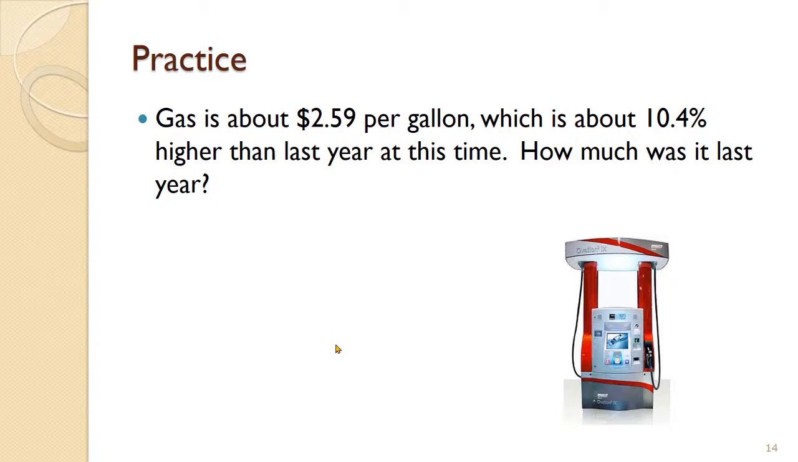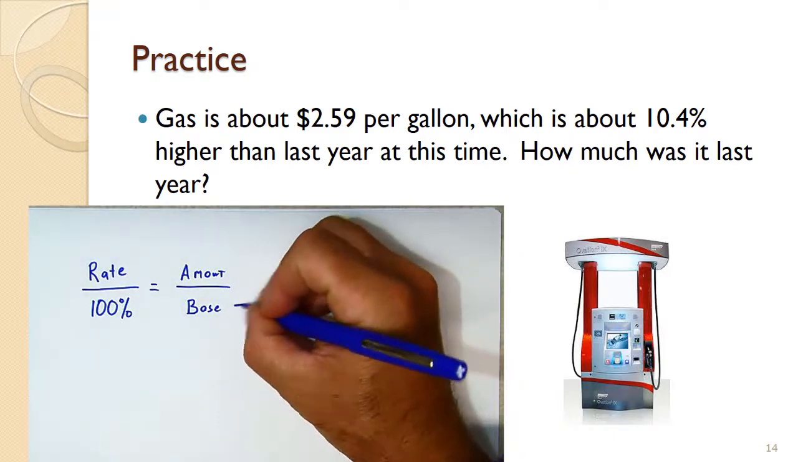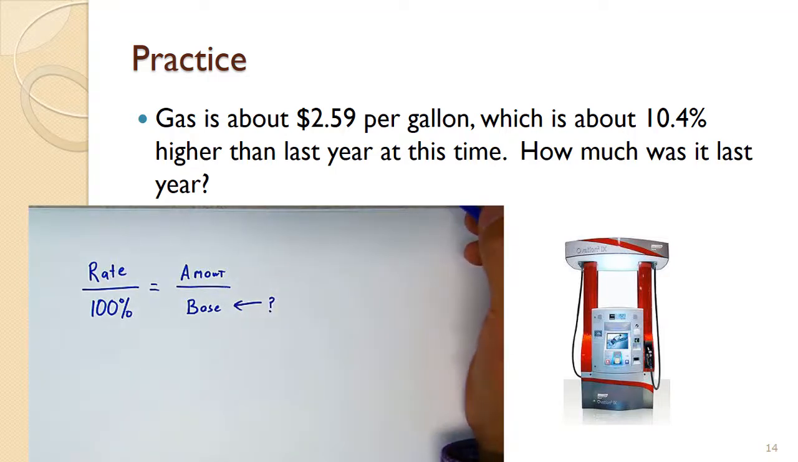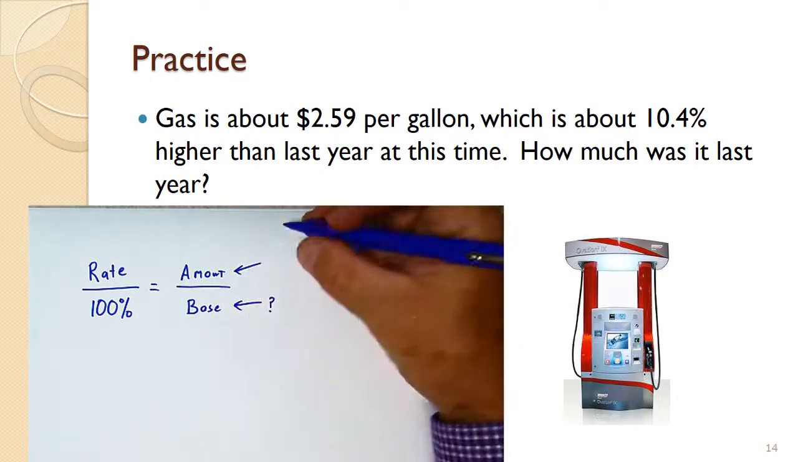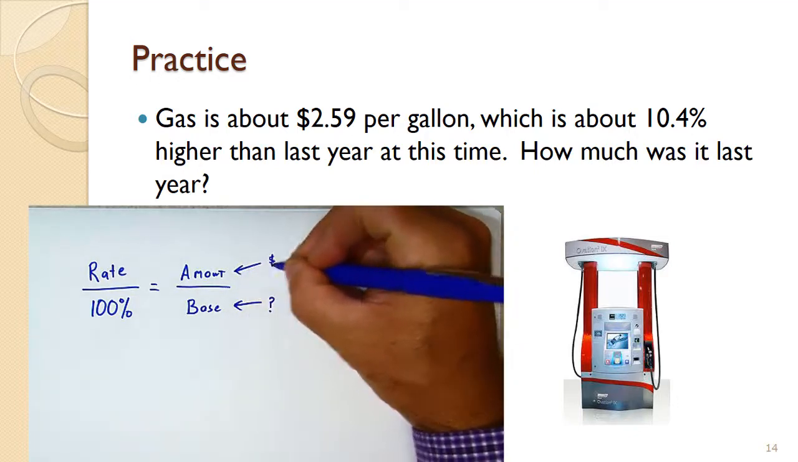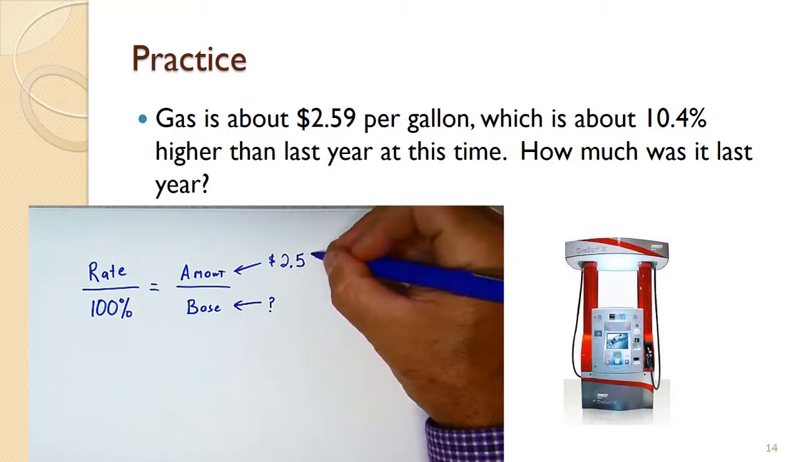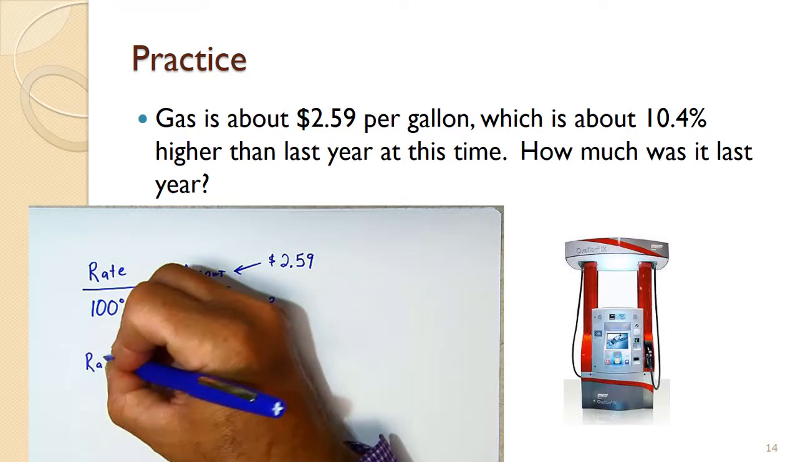Take a minute and see if you can solve that percent change problem and unpause when you're ready to see the solution. Okay, let's use the proportion for this one. We don't know how much gas was last year at this time. That was our starting value, and so here again we don't know the base. That means that our current price of $2.59, that must be our amount, kind of like the 7.2 ounce box was in our last example. That also means that our rate